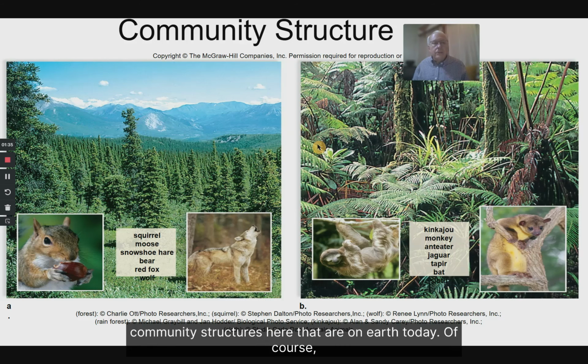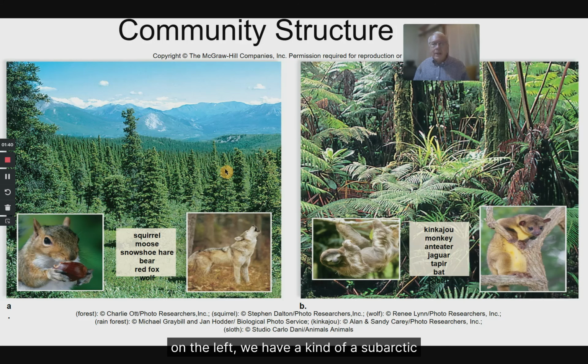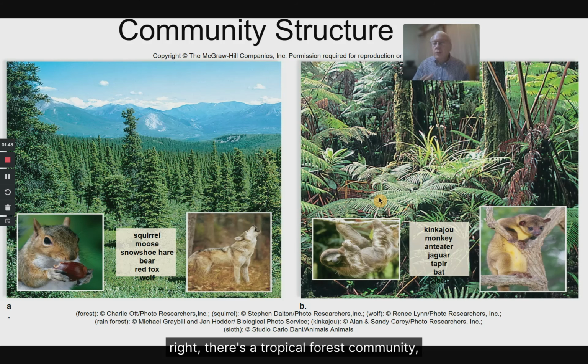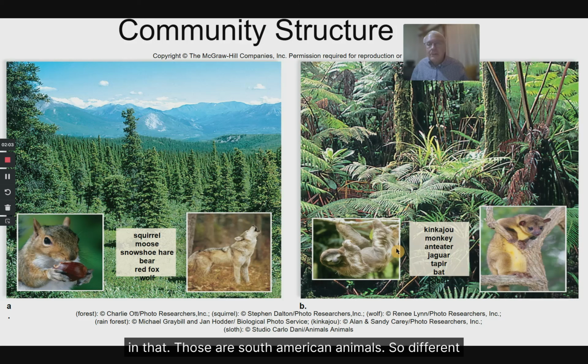So we can see a couple of different community structures here that are on Earth today. Of course, on the left we have a subarctic community, one that exists in cold areas of the world. On the right, there's a tropical forest community, which could be similar to those here in Southeast Asia, but this one is clearly from South America because you've got the jaguar and the tapir included in that. Those are South American animals. So different communities with different structures, animals and plants, and often they're doing kind of the same thing,